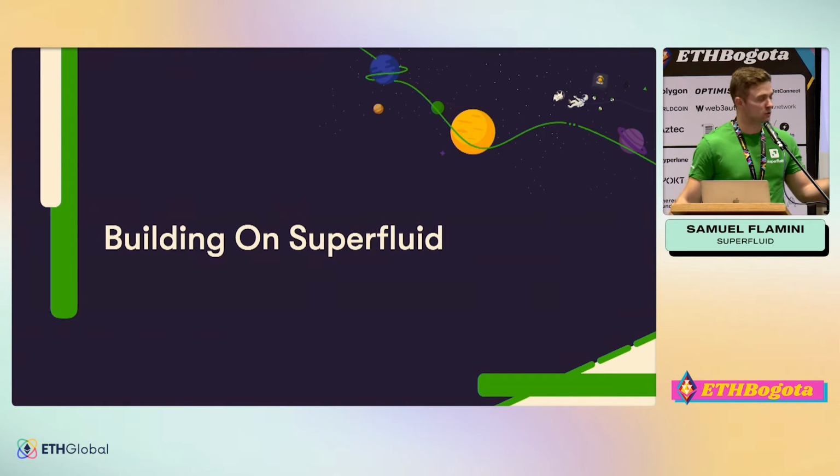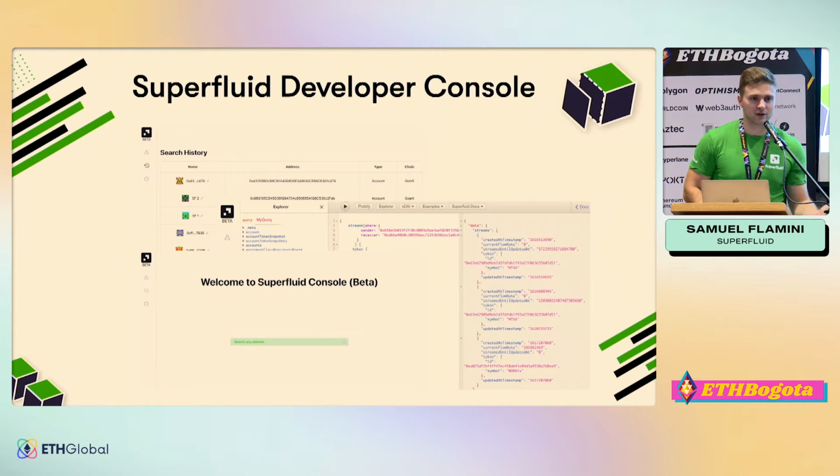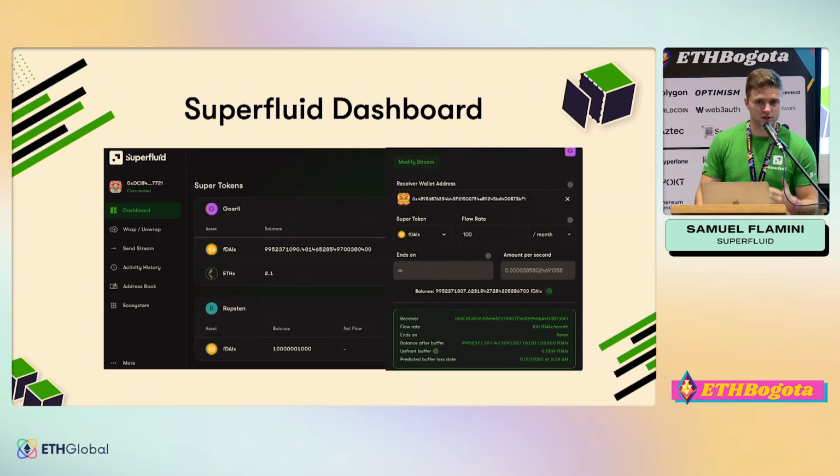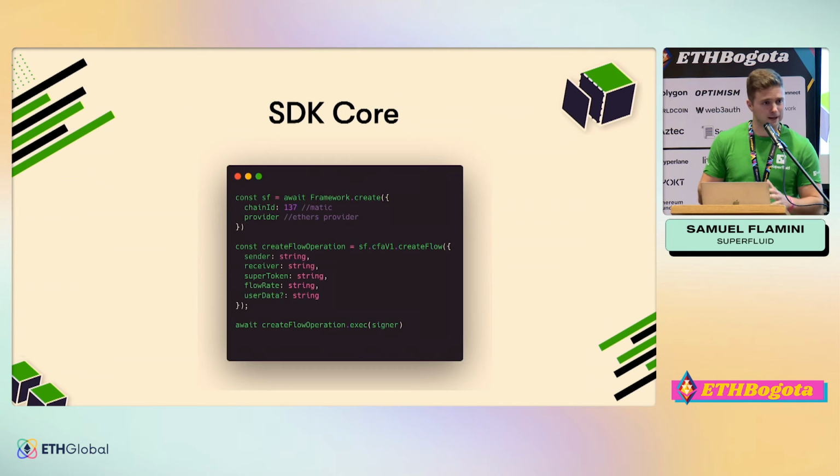But all right, let's get into actual building, okay? What do you need to know about before you start actually building on Superfluid? Well, you should be made aware of a couple of dev tools, right? The first is the Superfluid Developer Console, right? This makes it really easy to see all these streams. Etherscan is not quite optimized for this sort of thing yet, as you can imagine. So we built our own console, right? It makes it easy to manage all this stuff. We have a dashboard that lets you create streams and update streams and all this stuff in a no-code way, if that's your thing. And we have an SDK, right?